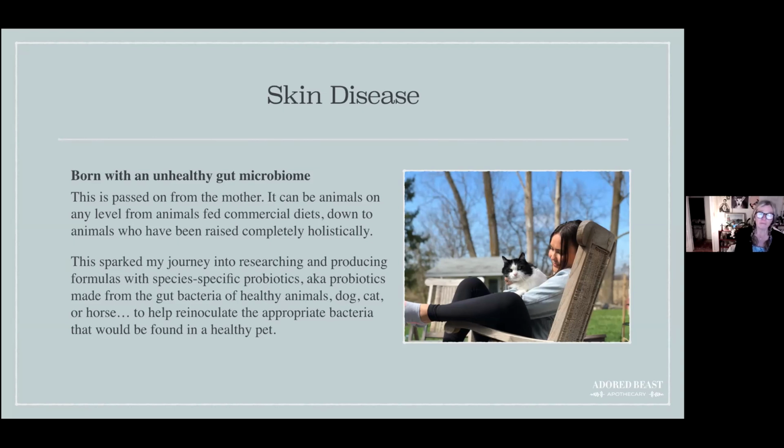So again, it's sort of trying to track it, but I started seeing this a lot, even when people were feeding commercial diets and going the conventional route, and then we'd been working on diets with them and not over vaccinating or over medicating them in any way. That sparked my journey into researching and producing formulas with species specific probiotics, AKA probiotics that are made from the